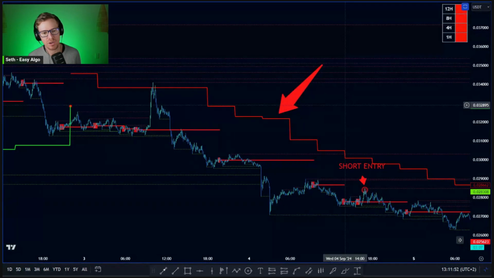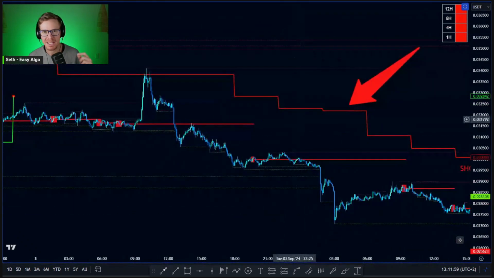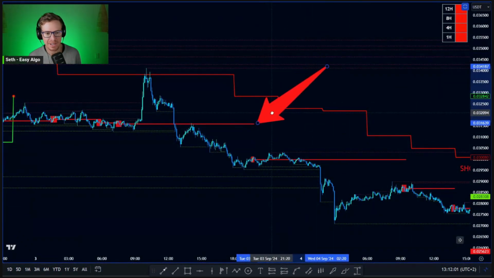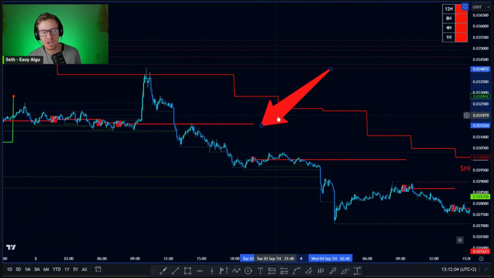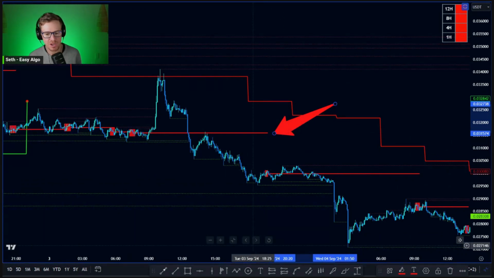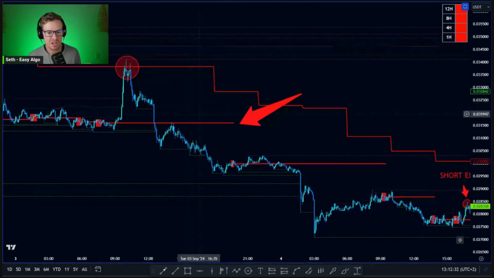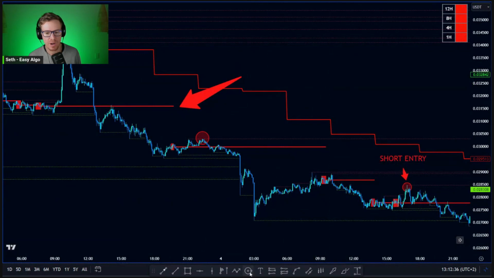If this is true, then all we are going to be doing is looking for short positions every time price is above these value lines. Can you see these red lines? These are value lines. They let you know the best places to look for shorts and longs. The only places we want to look for short positions in this scenario is when price is above these value lines. So you can see every time price is above the value line, we're going to be looking for our short